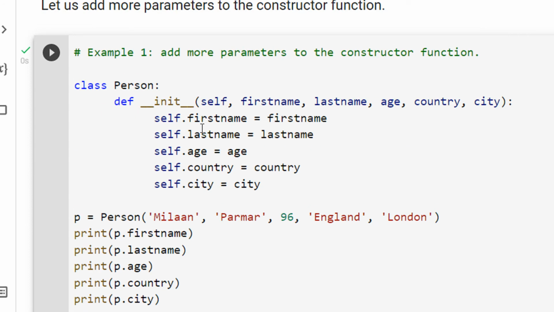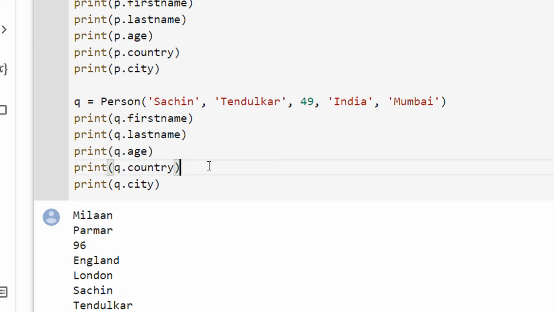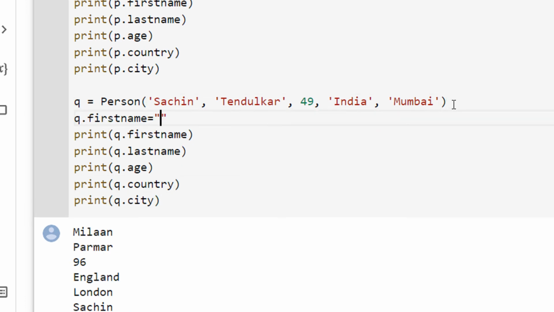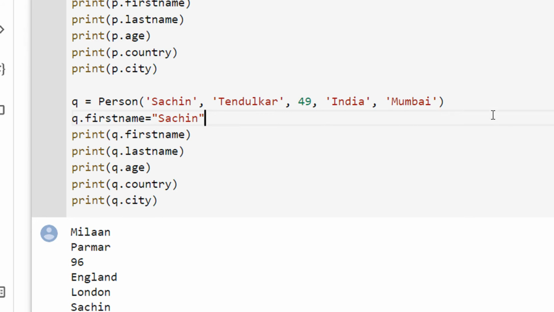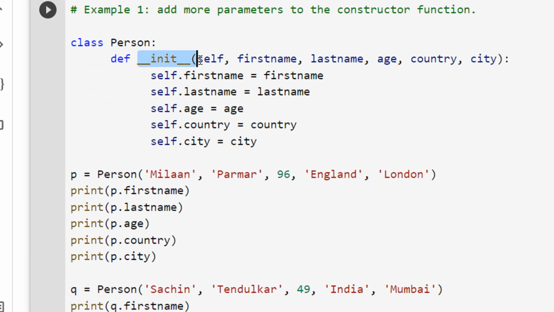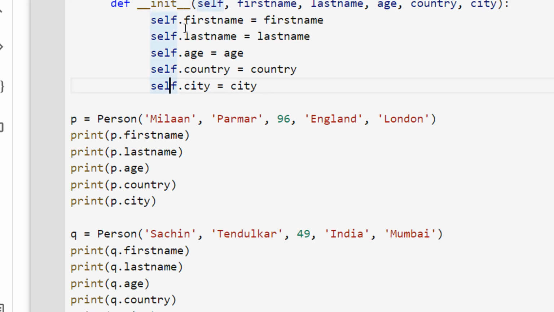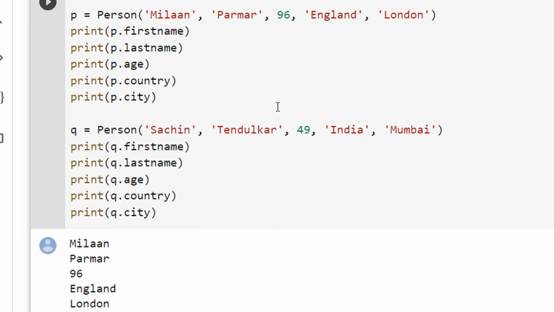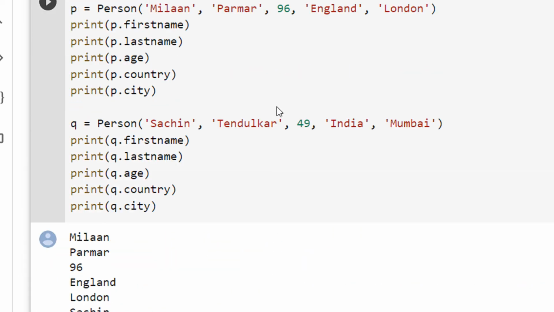Now just see the beauty of the constructor. In normal cases, if you would have defined it, it would have been something like Q dot first name is equal to Sachin. For each and every object, you would have to do a separate definition, or maybe, if you write a function, then you need to pass to a function and then return all those values and then catch those values. Look how easy the class constructor makes it. You are just initializing, you are not returning anything. The constructor does not return anything, it just initializes the basic values that we are assigning.